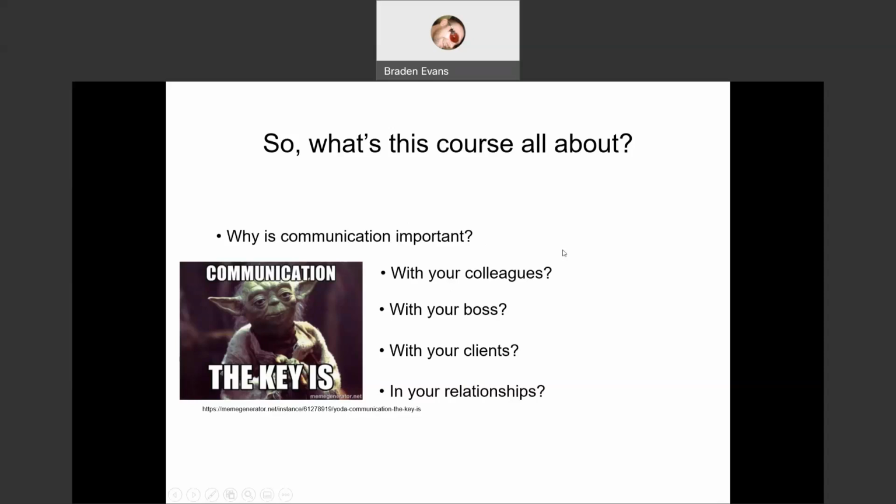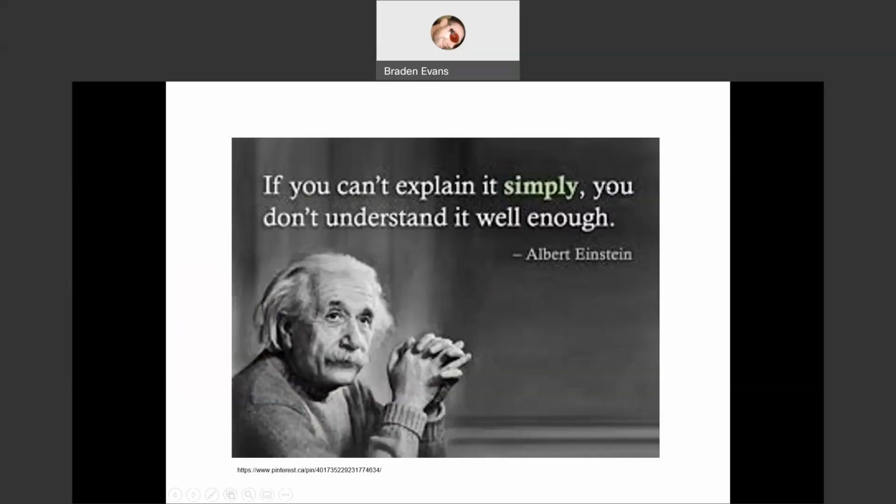What about your relationships in your personal life? Think about maybe a best friend, a brother or sister, a partner, husband, wife, whatever. Think about whenever you've had arguments, disagreements, fights. You can probably boil it down to communication. One way or another, something wasn't well communicated. That's what we try to focus on in this course, understanding that it's so important.